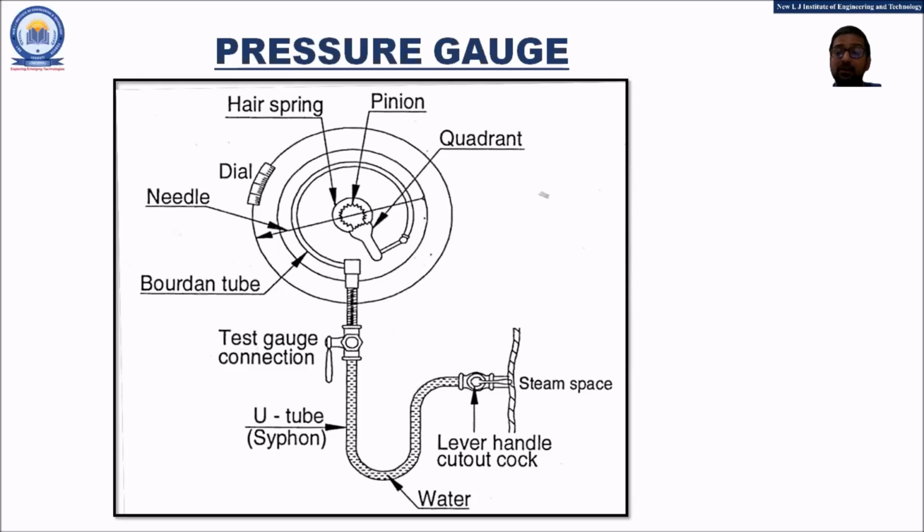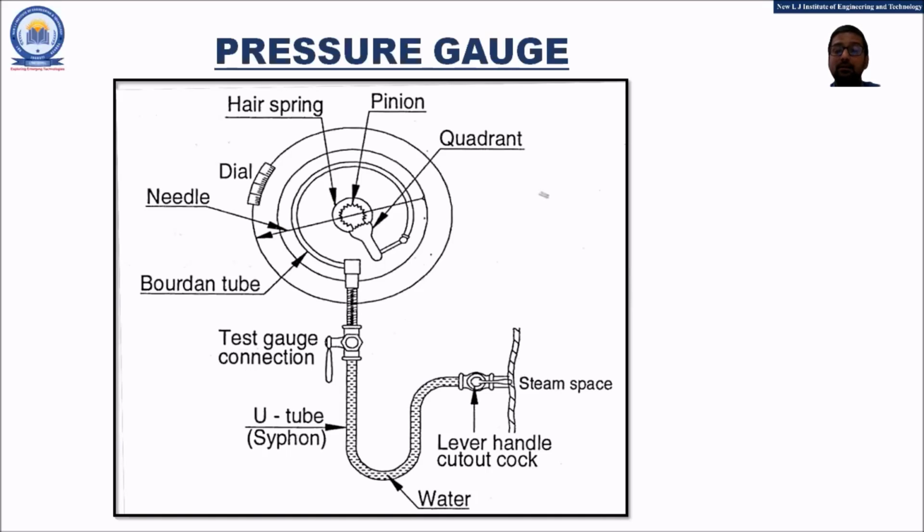Remember friends, whenever you are writing down the answers of the boiler mountings, it is compulsory, it is necessary to draw the figures of the mountings. From the figure only you can understand the concept and you can write down the answer. So the main components of the pressure gauge, and this is the image, the construction of the Bourdon tube type